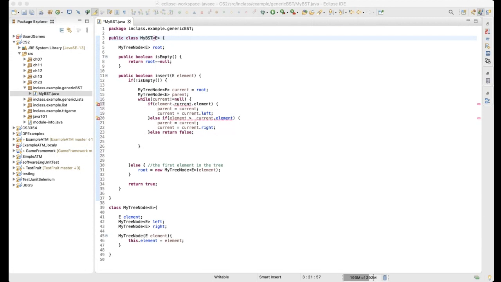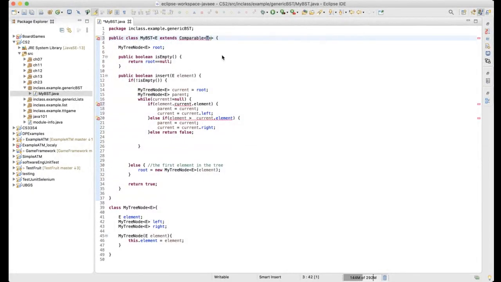To make sure it's going to work correctly, the only thing we have to do is go up here and say that the E type, whatever type E is, has to be, meaning it is a Comparable, and Comparable is a Java type. So we can add T here. So what does this sentence mean? If you remember